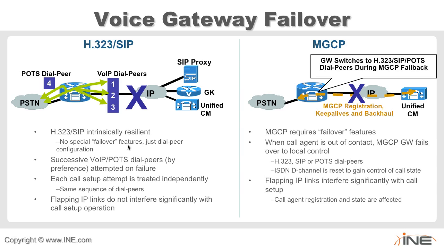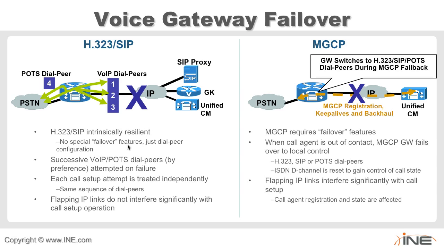But if I have 3 that are the same, destination pattern 911 on 3 separate dial peers, well, then they all have equal longest matches, and then we go to something else called priority or precedence. But if they all have equal priority or precedence, then they can hunt between them. And this is where we have automatic failover. So successive VoIP or POTS dial peers,